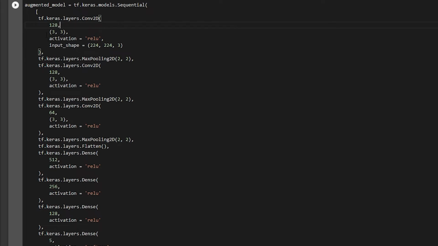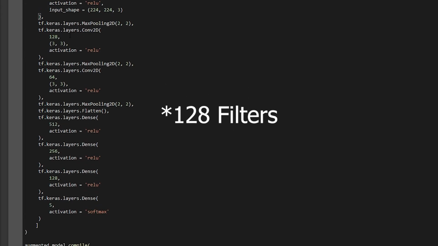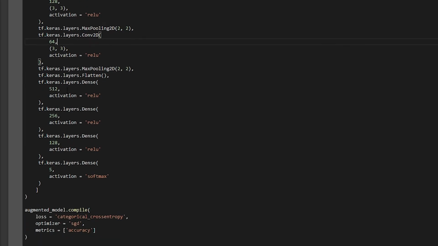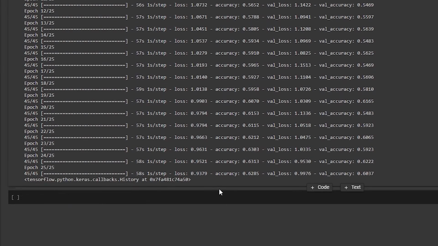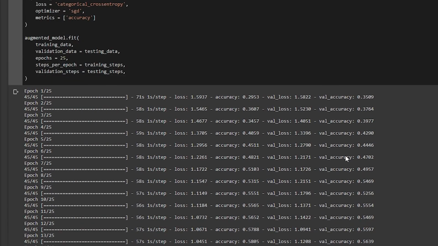But for now, you can understand that I have one layer of 128 neurons with 3x3 filters. Later on, one more 128, then 64. So I'm starting with big and then diminishing, then 512, 256 neurons, 128, and then finally 5. I could have added a dropout layer between these fully connected layers, but that is just fine. I wanted to prove that even if I increase the network, my parameters would definitely increase, but my training is becoming very efficient. So I have 62% training accuracy and 60% testing accuracy. This is pretty good.